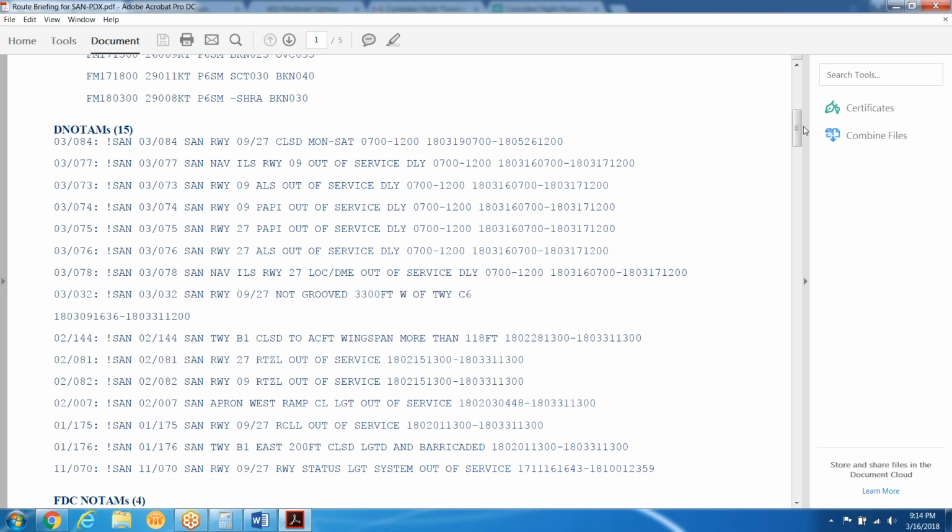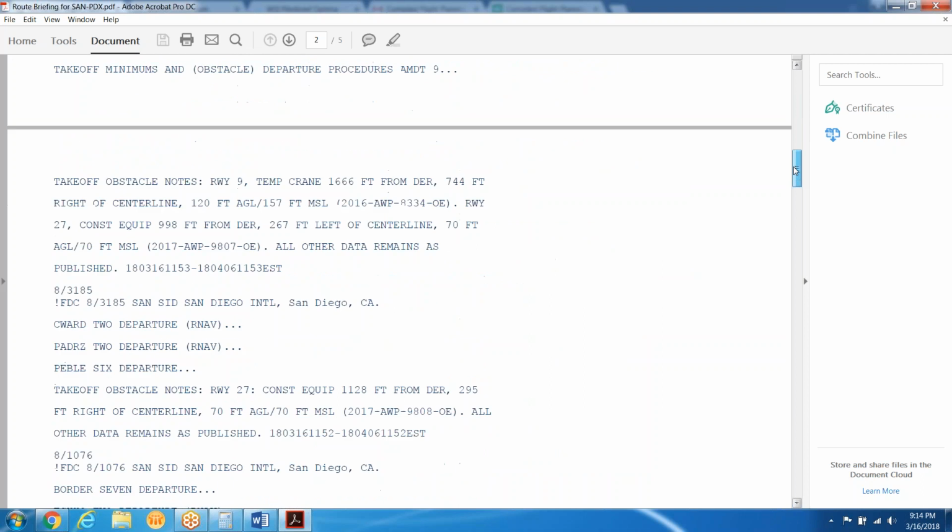But the key thing that I want you guys to see and know is that's what you're doing in the first 20 to 30 minutes. You're making sure that the flight is good to go and legal to operate. Okay? You're also looking at your alternates. Now, if Portland would have required an alternate, then we also would have gone and looked at the alternate. In this packet here, I also added in